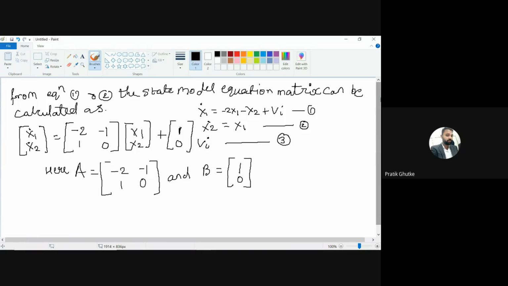Okay. So after lunch, we will try to solve with this state transition matrix with the help of this given A matrix. Okay. So please mark your